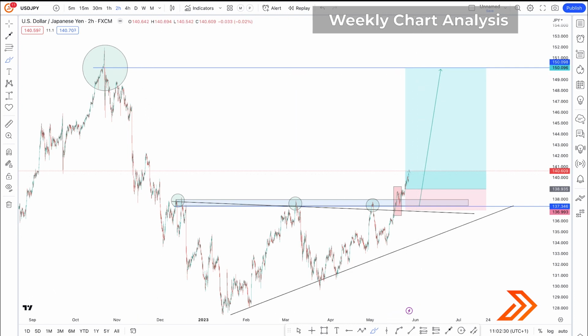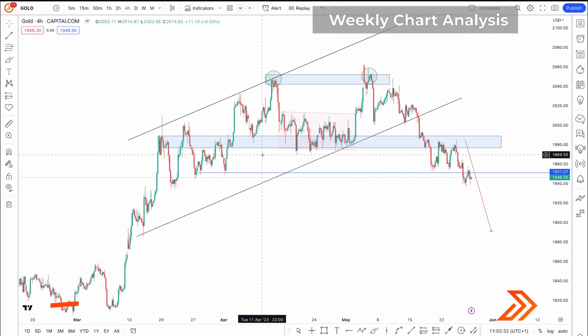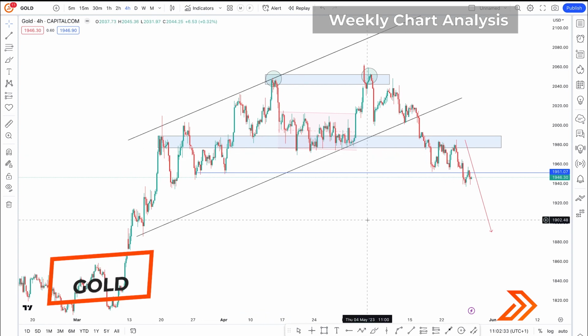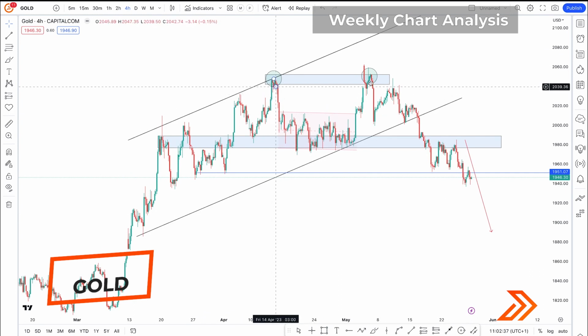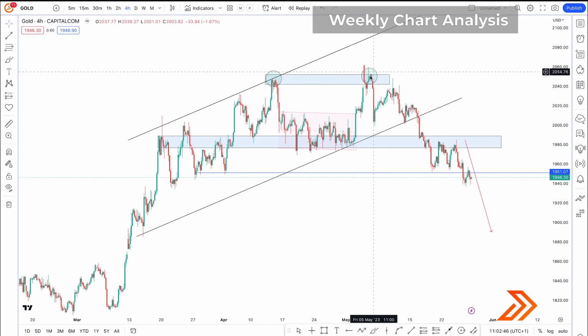All right, guys. And then on gold, same scenario as well, but different, because gold has been bearish after we had this equal high that was created here, this trap zone that we have here. High created here, and then we had the second high created here. The price came back to test this high, and then we had this impulse move here on gold, and we had this slight correction back to this zone on gold, taking out stop losses of traders